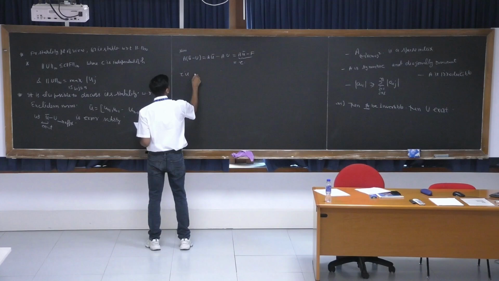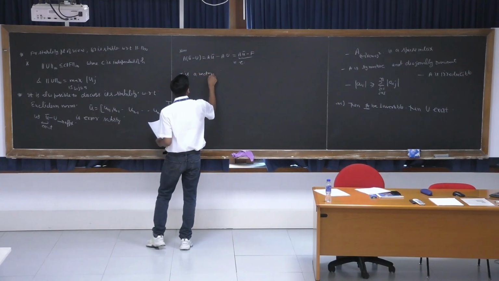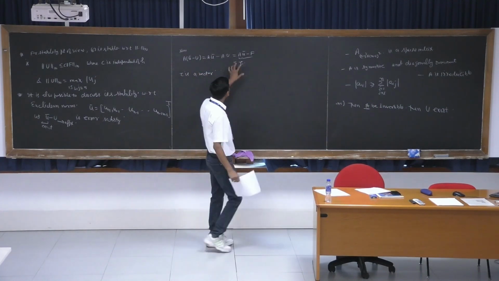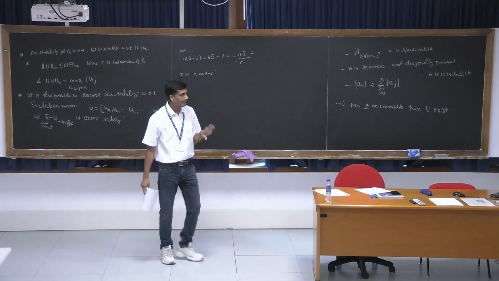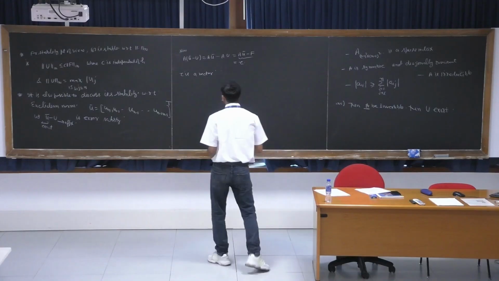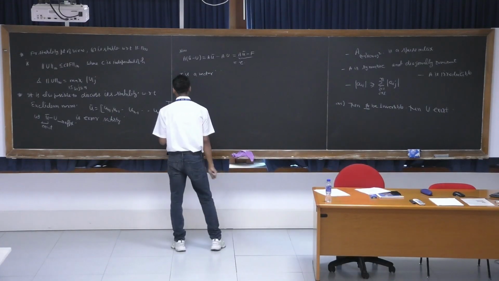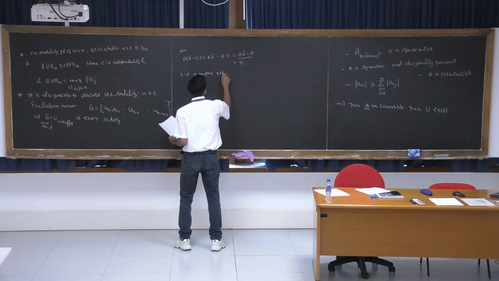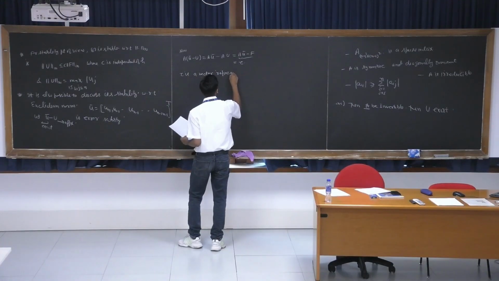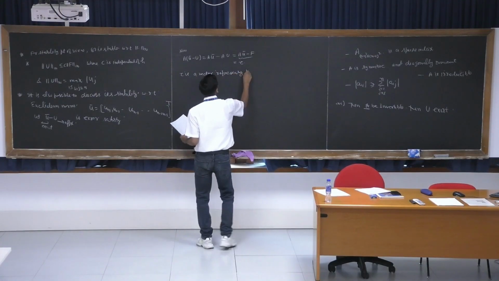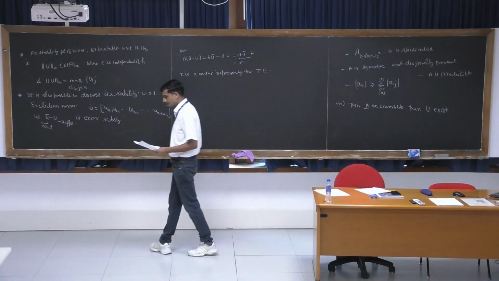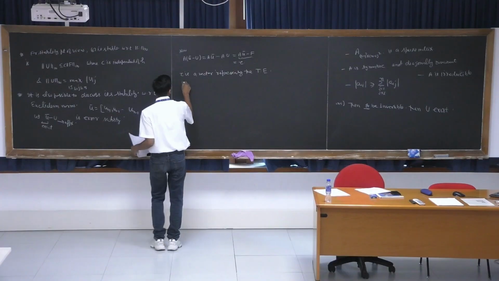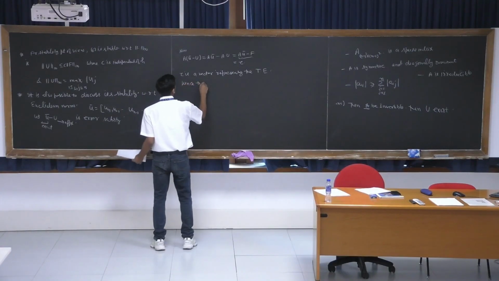Say in total this is tau, where tau is a vector, because obviously this is a vector, and capital F is also a vector. The difference between two vectors is again a vector. So tau is a vector representing the truncation error, and hence the stability